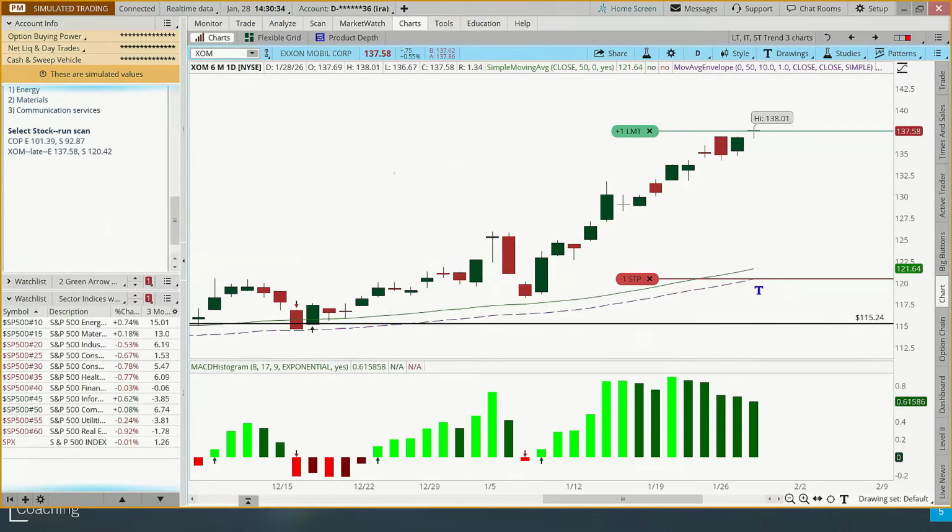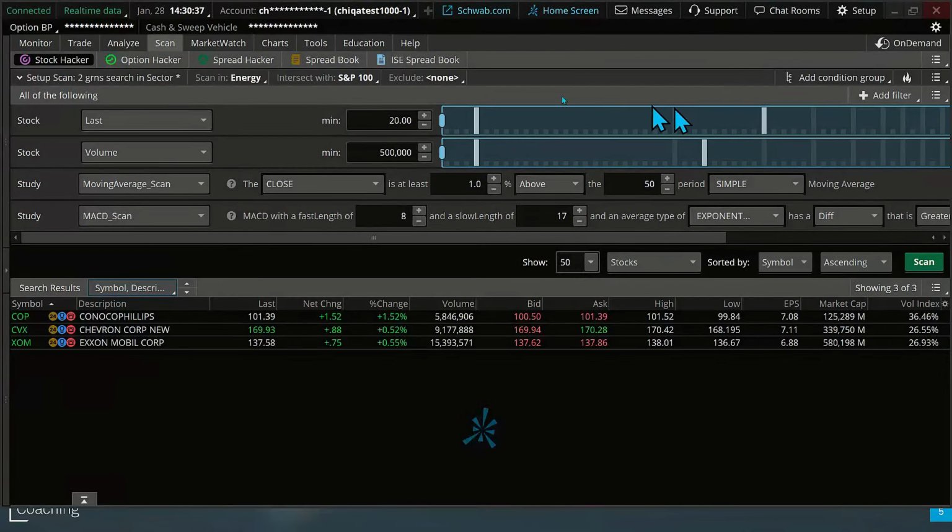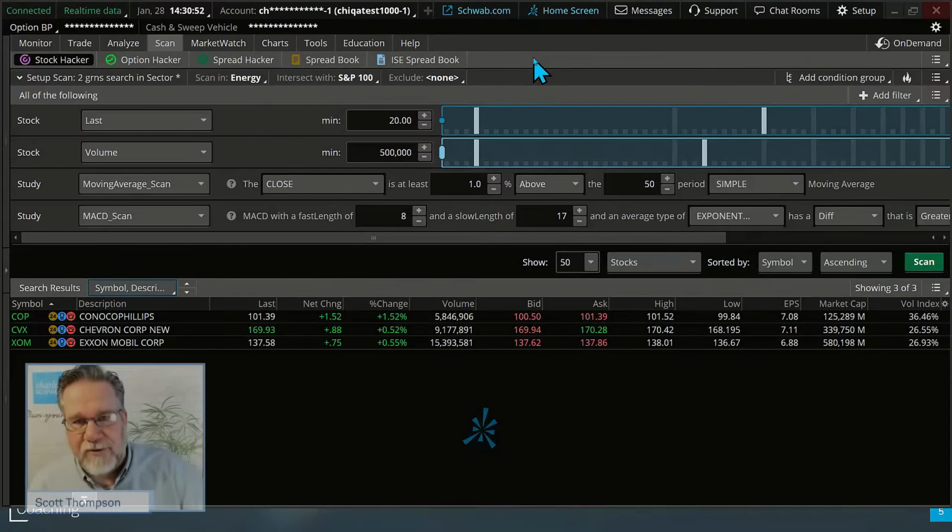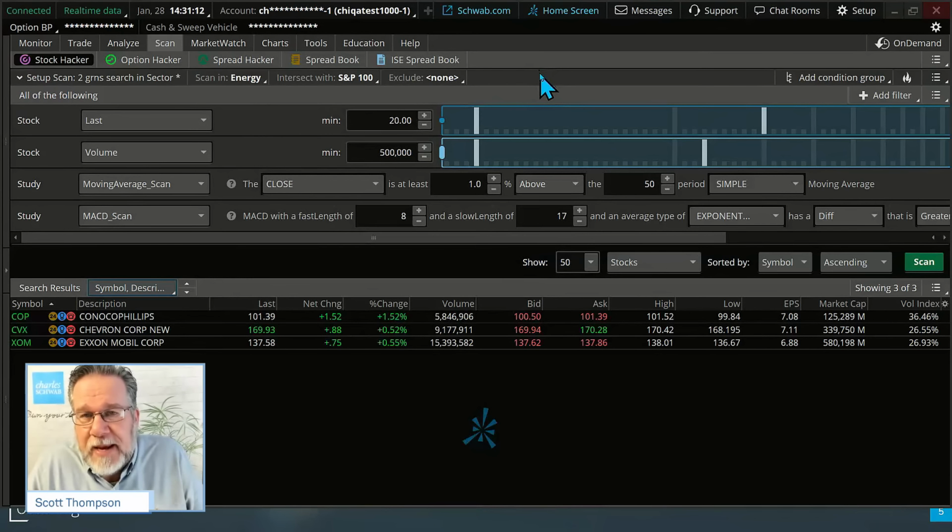So we've got time to go do a couple more scans. So let's go back to our scan. Again, this is in the live version of Thinkorswim. There's a question about institutional traders exploiting retail investor stops. There's a lot of discussion on that. Here's what I've experienced myself over the 20 years of doing this. Okay, everybody knows where stops go, right? People set stops below the moving averages. They set stops below what are called support and resistance. Generally speaking, I don't think institutions necessarily gun for those, but they know where they're going to be. So they might put limit orders right there about where your stop is.